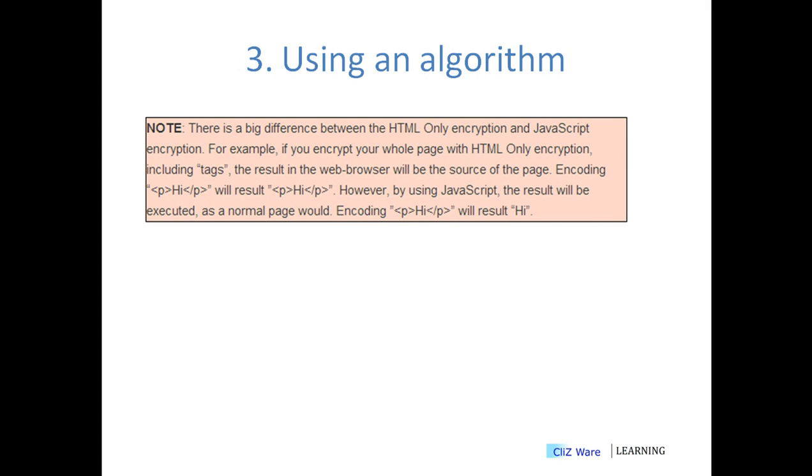And now I would like to emphasize something regarding all of the ciphers we've been looking at. This is just the comparison between the HTML and JavaScript methods. The basic difference between HTML and JavaScript encryption is that HTML encrypts everything, including tags. So if you, for instance, encrypt a paragraph tag, P, then Hi, and then a closing tag, and you use the HTML encryption method,